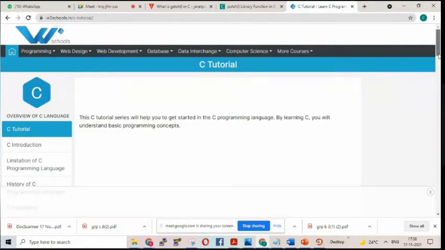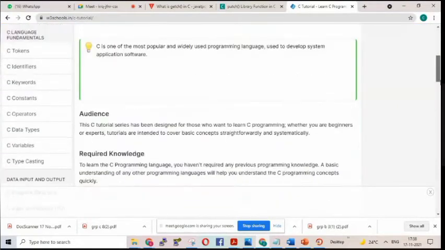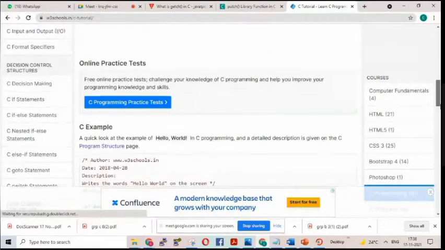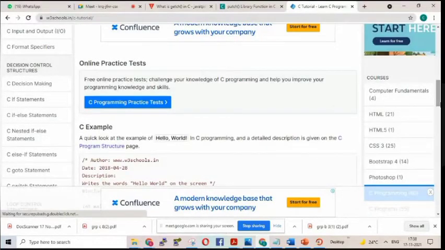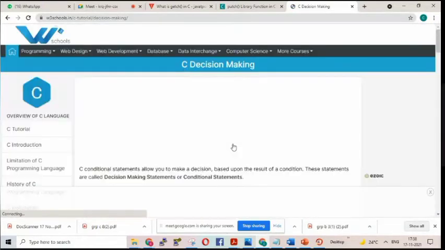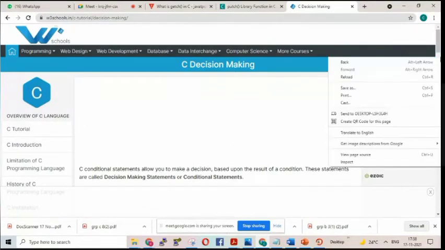It is not that you have to search with the C language; you can just type the topic you want to search from W3 School and you can get the topic. Suppose you want to go for C decision making, you can get help from W3 School's C decision making.